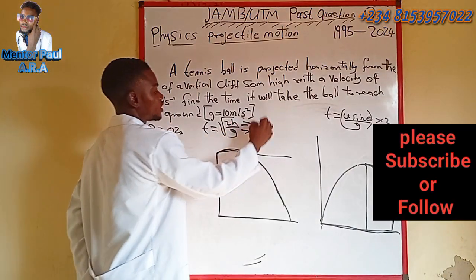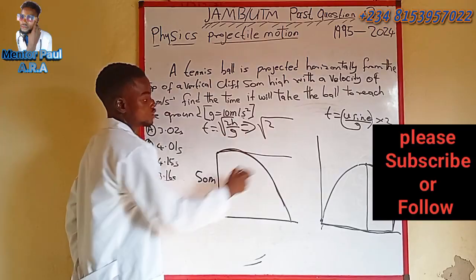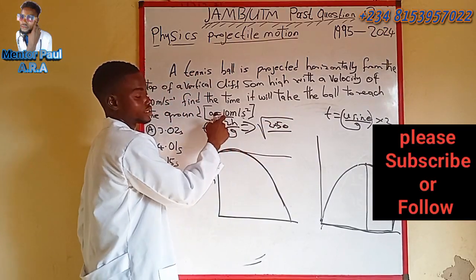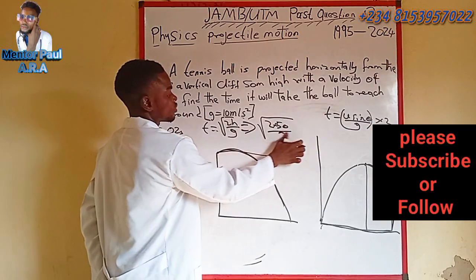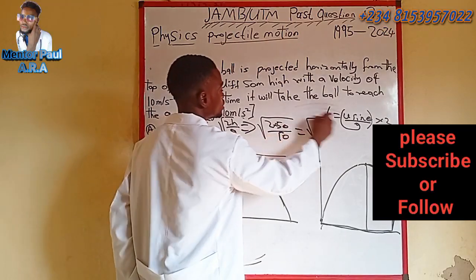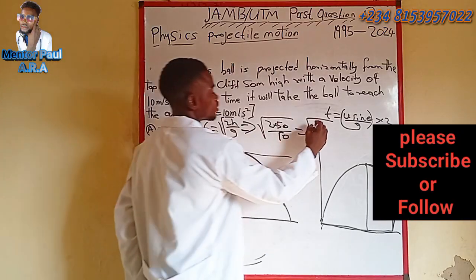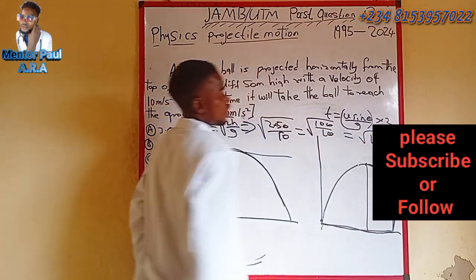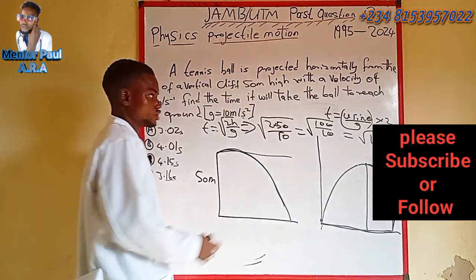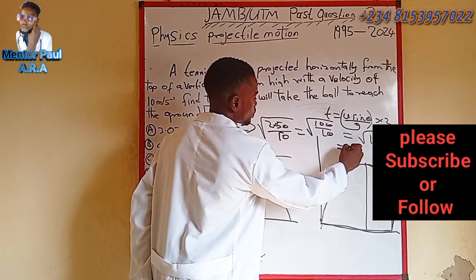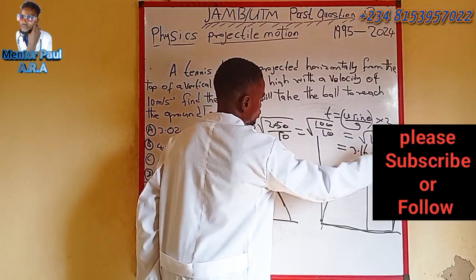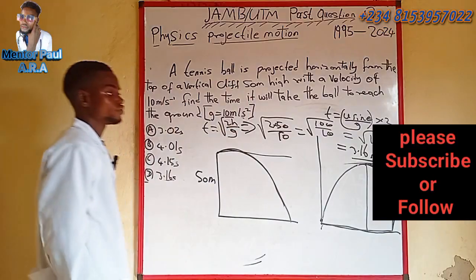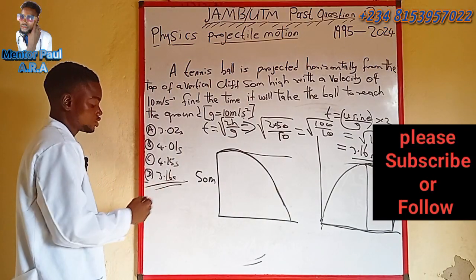Using this formula, we're going to have the root of 2 multiplied by the height given to be 50, all over g, which is the acceleration due to gravity, 10. We are going to have the root of 2 times 50 is 100, and 100 over 10 is going to give us root 10. Then root 10 is going to give us 3.16 something, and that is measured in seconds. If you check it back from the options, we have it to be